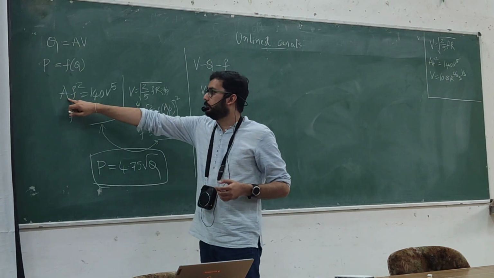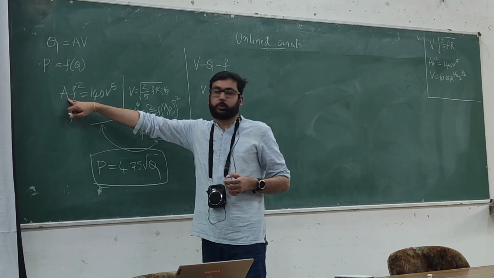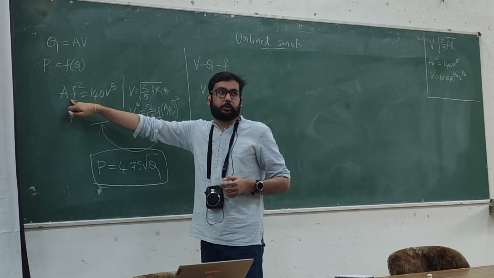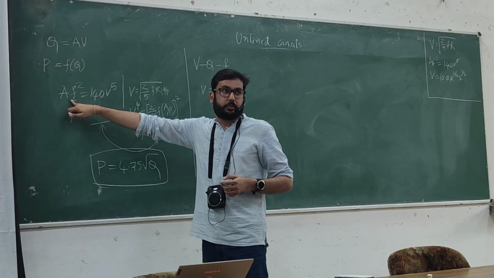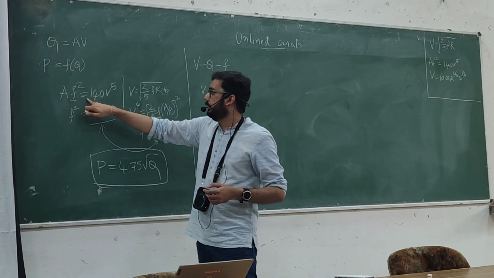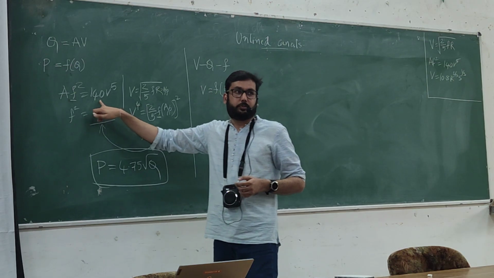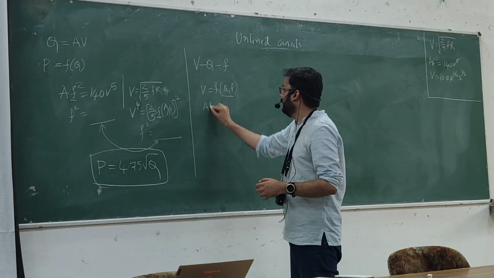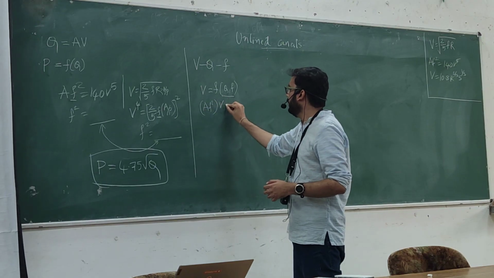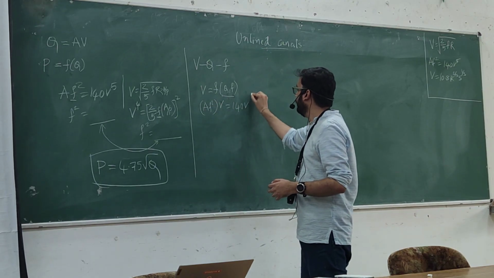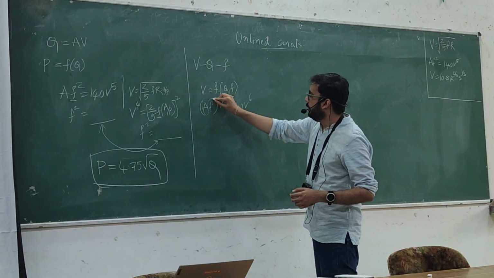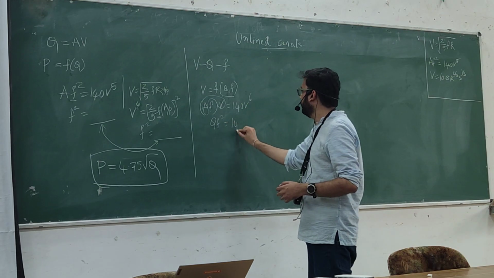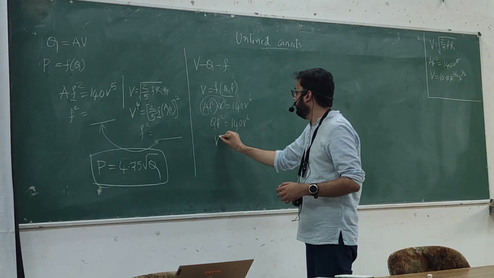So what if I multiply this with velocity? We have AF square equals 140 V power 5. So I'm going to multiply this with velocity V. Then I'm bringing in QF square. So AF square V equals 140 V power 6. And AV would be our discharge Q. So QF square equals 140 V power 6. And if I want to calculate V,